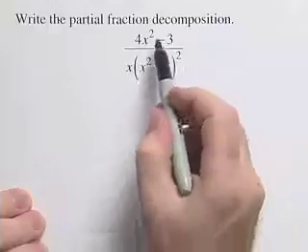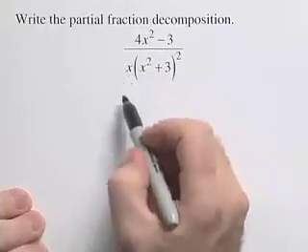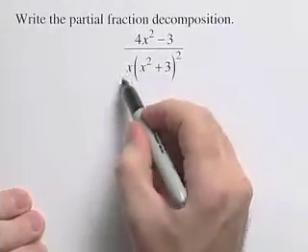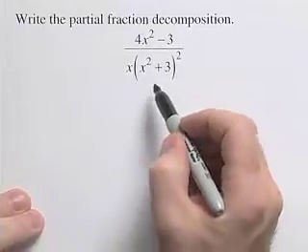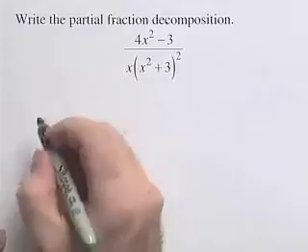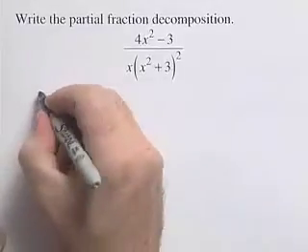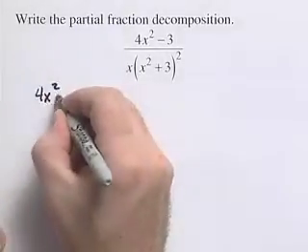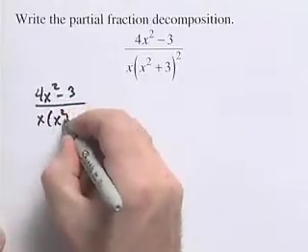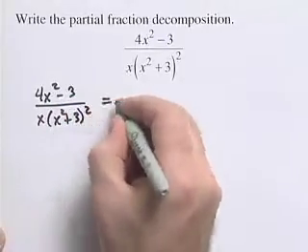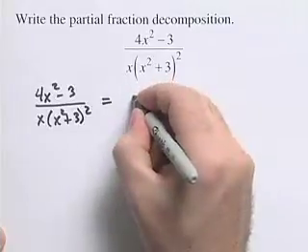For this problem, we're going to do another partial fraction decomposition. We look at our expression here, we see that the denominator has a linear factor and it has a repeated irreducible quadratic factor. It means that our partial fraction decomposition is going to take on this form. I'll write 4x squared minus 3 over x times (x squared plus 3) quantity squared. And if we decompose that, we're going to get